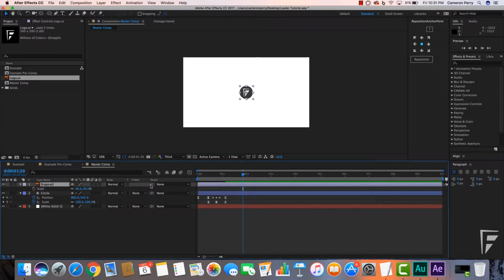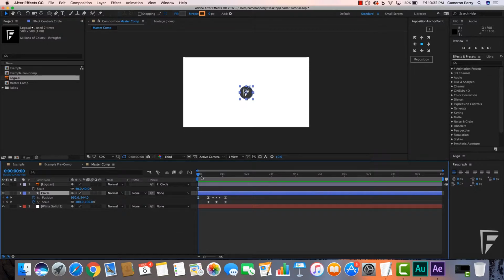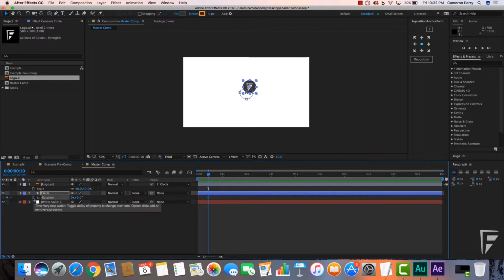So I'll parent my logo to the circle, so it's going to follow my circle. Okay, so now we are going to rotate our circle so that this logo rotates around as it's going around. So let's come back to the beginning here. We'll hit R for rotation, and we actually don't want it to start rotating until it kind of pops out of that center. So we'll drag it to our 10 frame mark, hit R again, click stopwatch there, set a